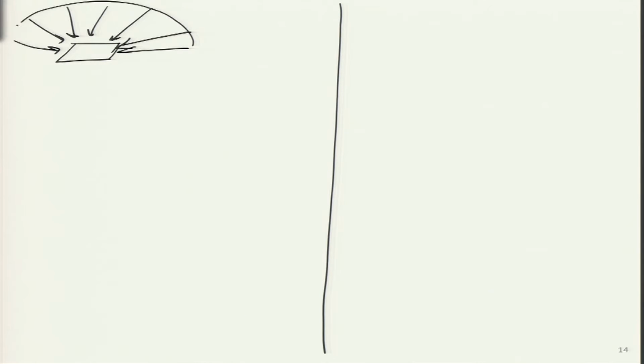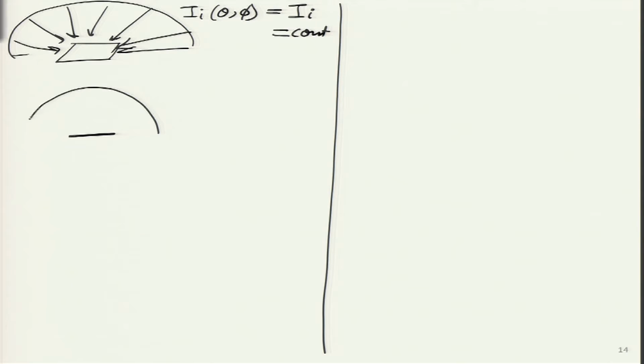If all the directional intensities are constant, then I can write I without theta and phi, there is no dependence. I can draw the same thing for a surface in 2 dimensions as well, and it will turn out to be a semicircle over here. So, in this particular case, in all directions this is constant. Now let me go to the cricket stadium during the afternoon, where a player is standing, let us say, on a surface.